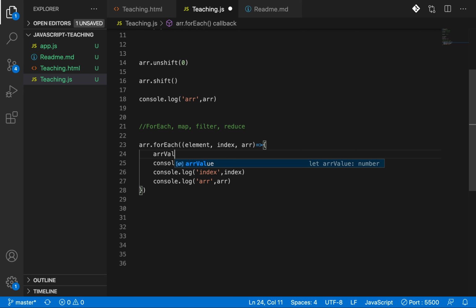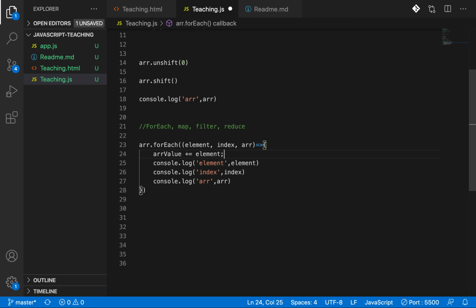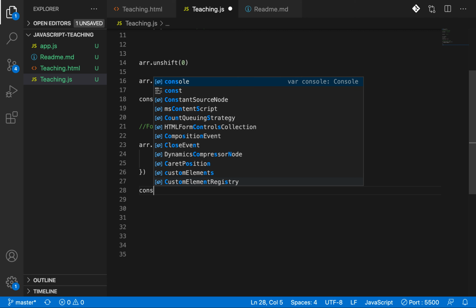Then array value plus equal to, I'm just multiplying the array value itself with the element. That's it. Let's see what the value of array value is. We can do that over here.